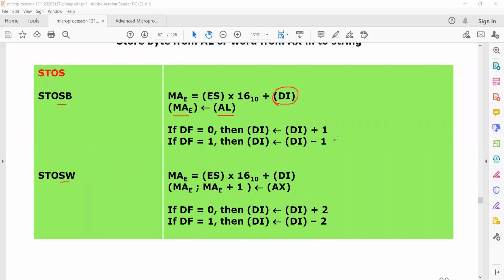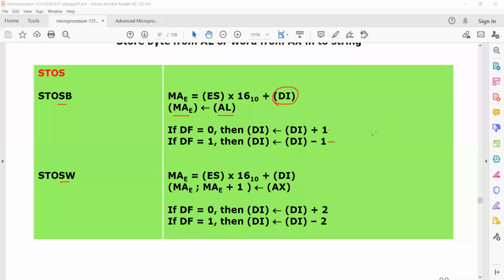And this operation is the same. It is incremented by 1 or decremented by 1 depending upon the direction flag value, as it is a string byte. If it is string word, what happens? We use the AX register.